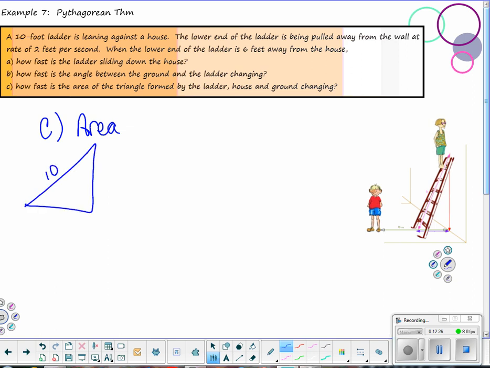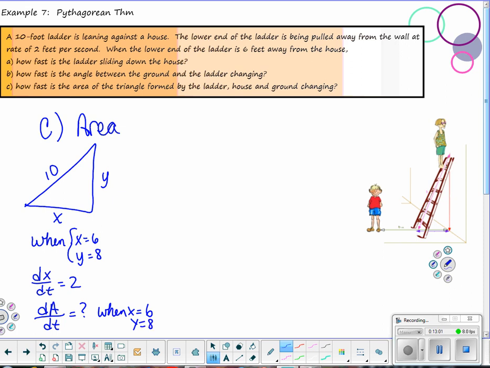We have the 10-foot ladder, the x, the y, and this is when x is 6. We also know we've solved this before. y is 8. And we know dx dt, once again, it was positive 2. And dA dt is what we're after, when x is 6,